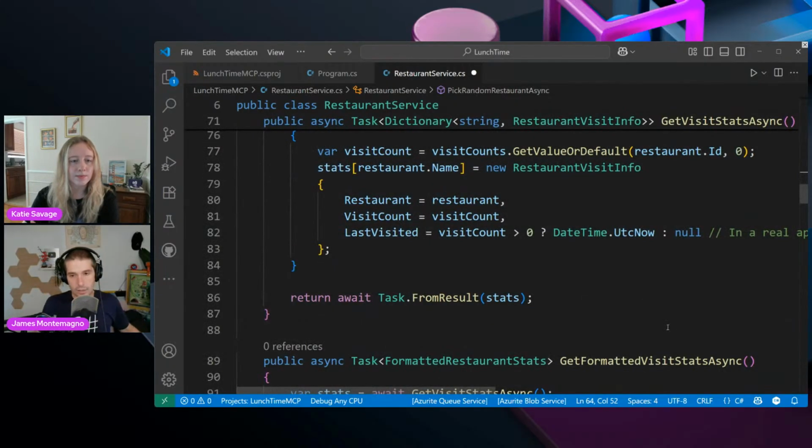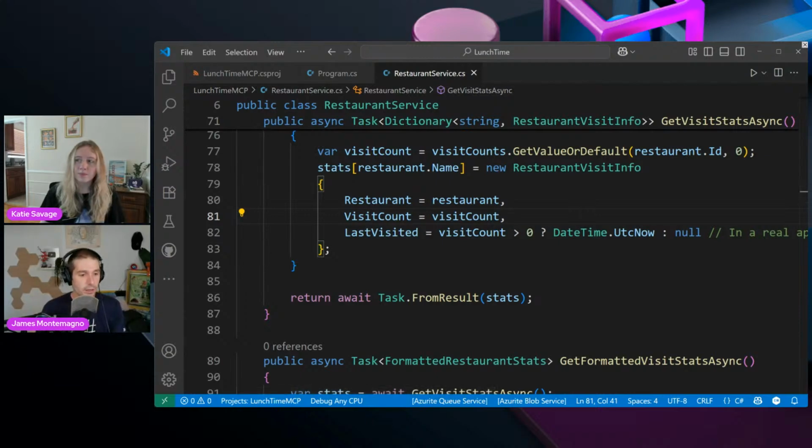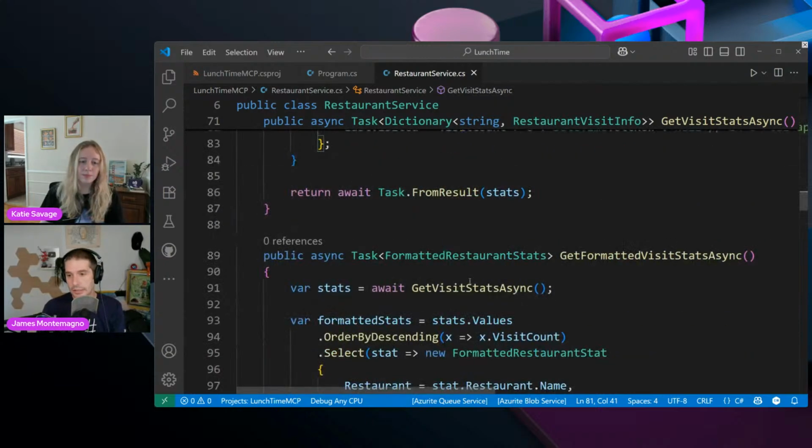This might be something that you have that's available. Maybe this is calling your backend server. Maybe this is calling a database, right? Your user shouldn't care about where the data is coming from. It should just care that it can do the thing. Okay, awesome. So that's what this is doing in general.